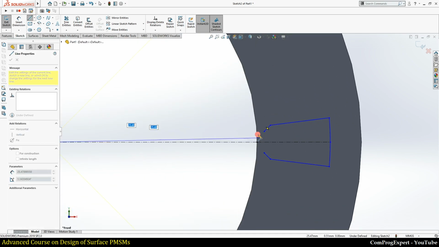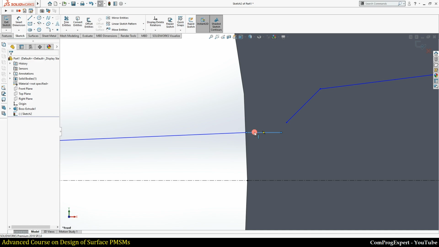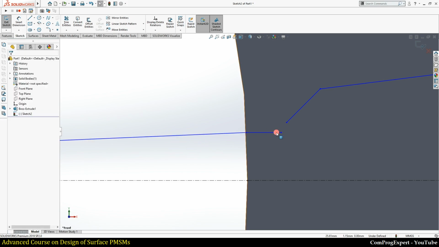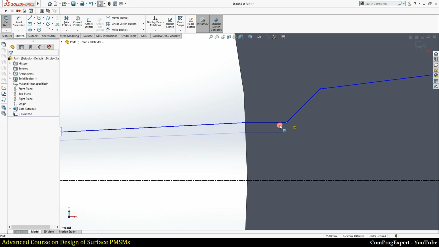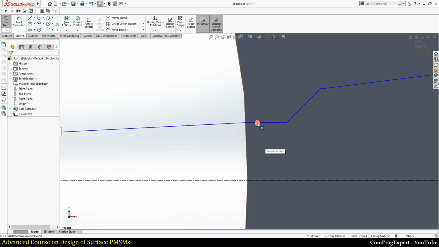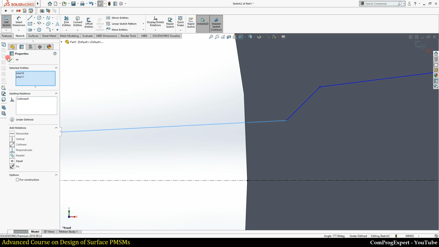I will explain the reason. So here I place the point here and draw this line. This one and this one are collinear. This is not horizontal one, so I should delete this constraint. This one and this one are collinear.